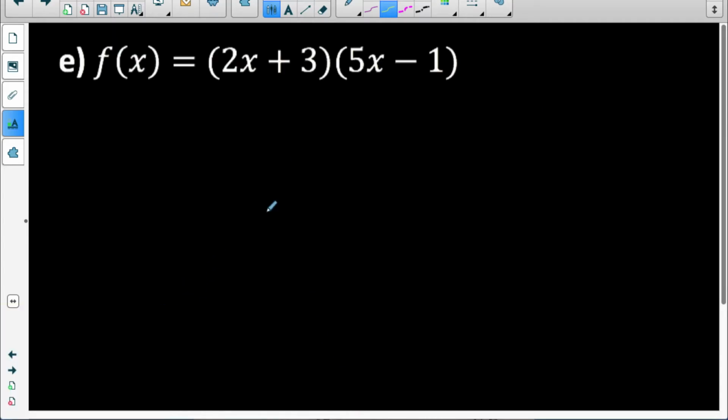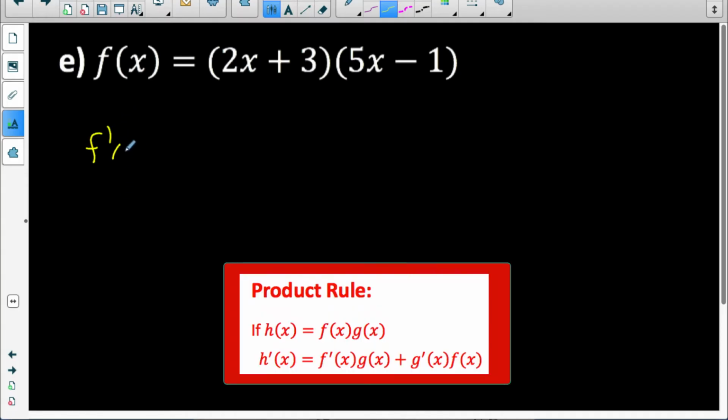Okay, that's 4 derivatives done. Let's try a fifth one where we need product rule. Right, we have a product of two functions here, 2x plus 3 multiplied by 5x minus 1. And the product rule tells us that we do the derivative of the first function, so the derivative of 2x plus 3 is 2. Multiply that by the second function,